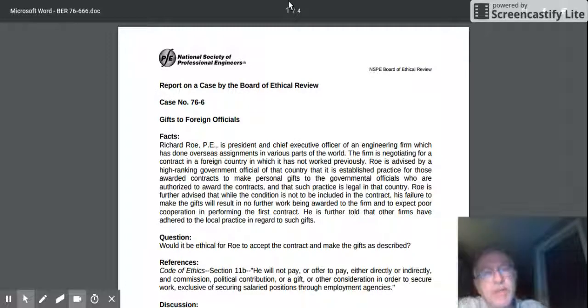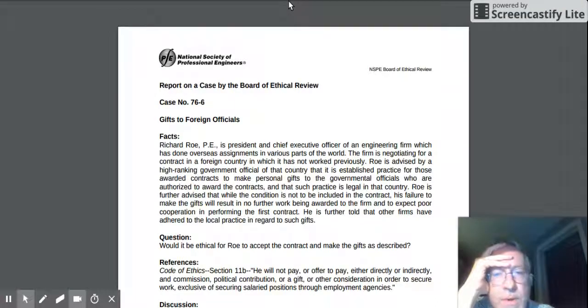What's interesting to me is that that's history, right? That is, if there's something like this in the code, specific enjoinders not to falsify your qualifications, specific enjoinders not to give or receive any gifts or contributions which may appear to a reasonable person to be given in order to influence the award of a contract, if these things are there, it's because this is the kind of thing that's happened. This is the kind of thing that's come up more than once. It's a typical problem in professional practice, an ethical problem. So we're looking at these cases,